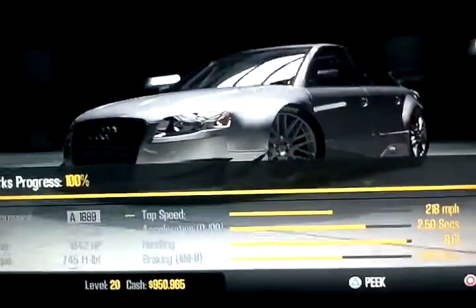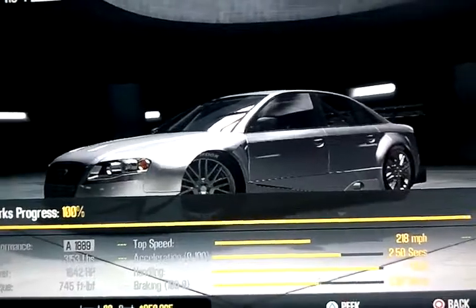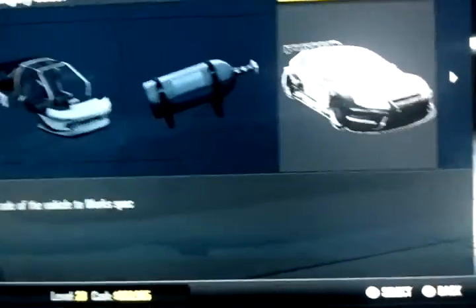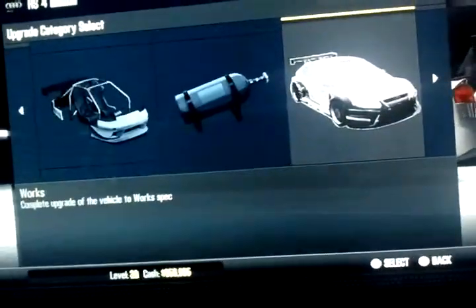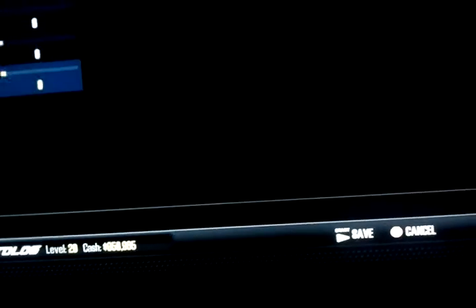And we're gonna take a peek at the car, and that's what it looks like now. Alright, so now we're going to hit back, saving. Alright, and now we are going to do actions again, and we are going to go to visuals. And now for paint,